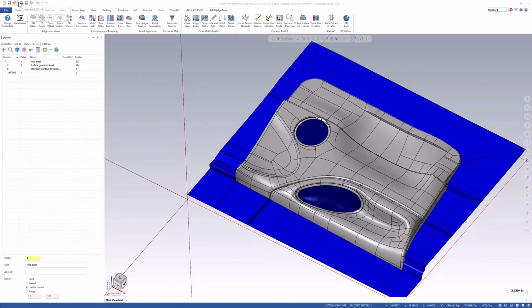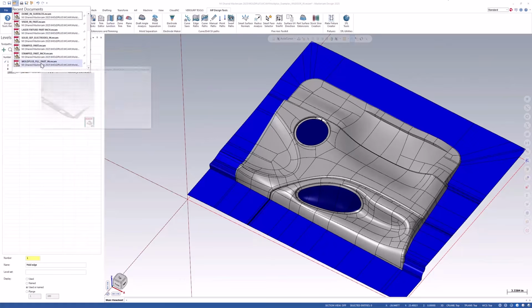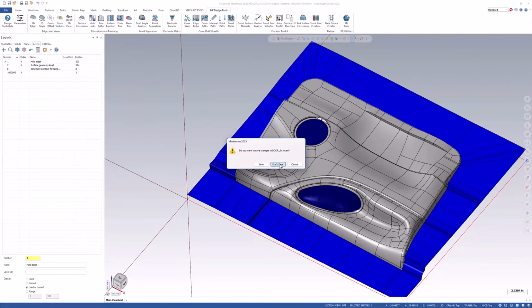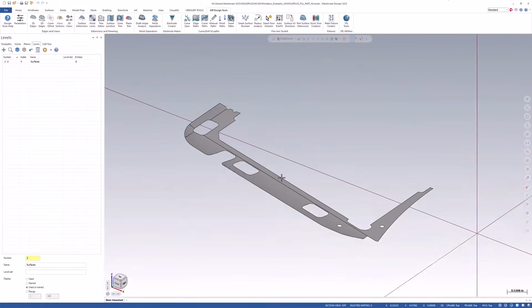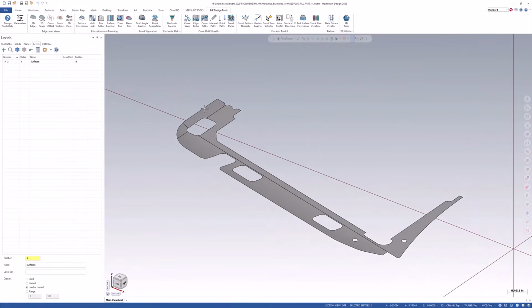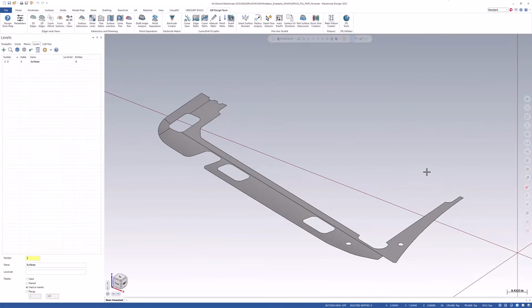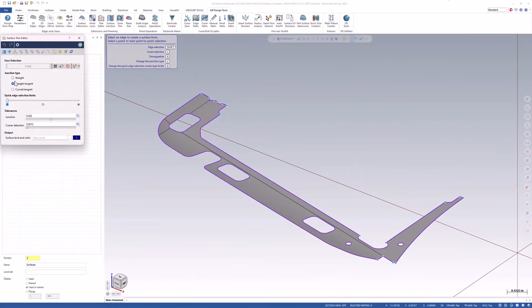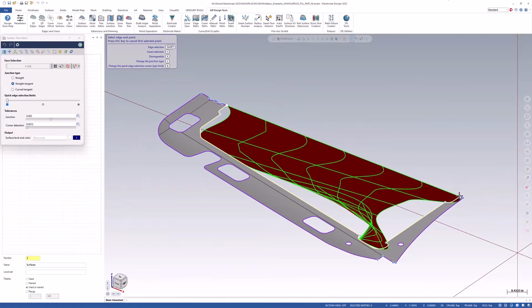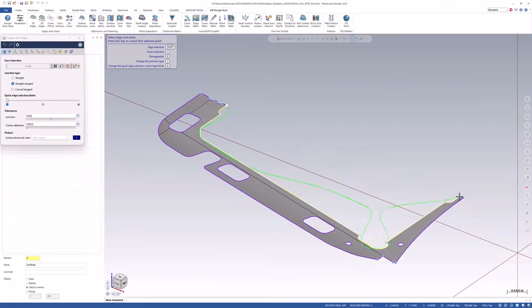So we'll take a look at another part now that we have to prep. We'll have to fill in some of the surfaces here just to get rid of these cavities, so we've got a shape to work with and sort of a pre-trimmed shape. So we could use this trim editor, works just great. And all I have to do is click a couple spots there, and we should be able to fill in the area